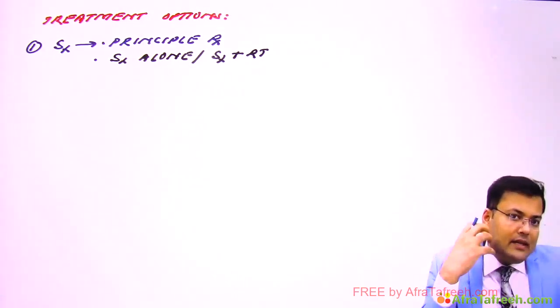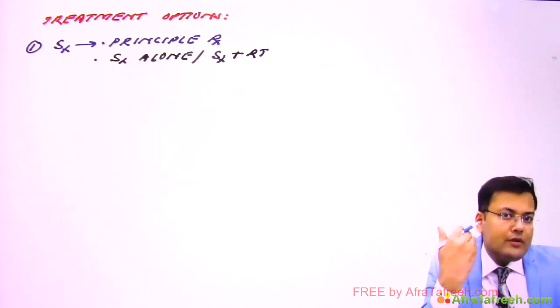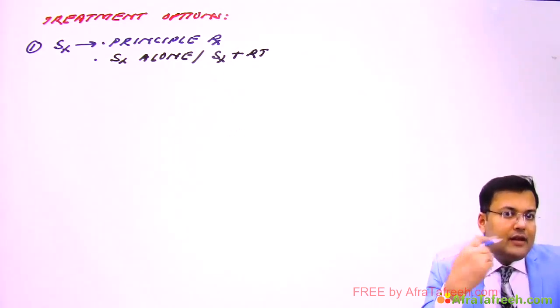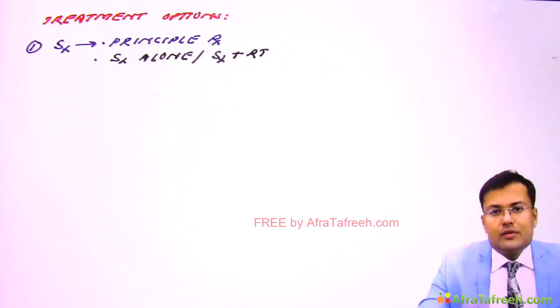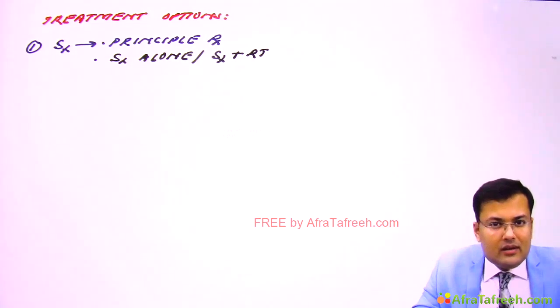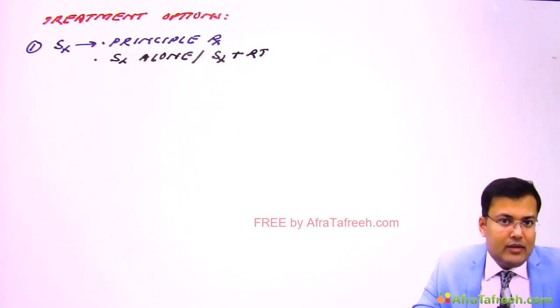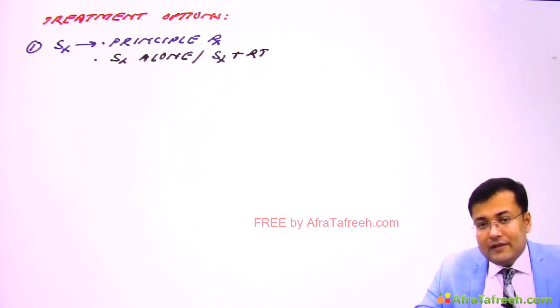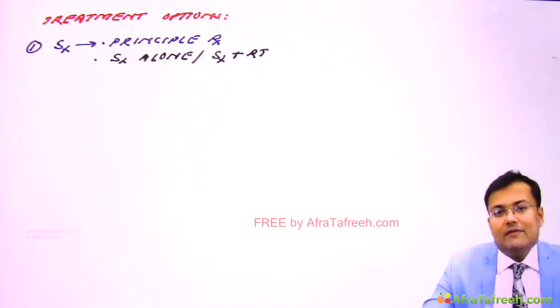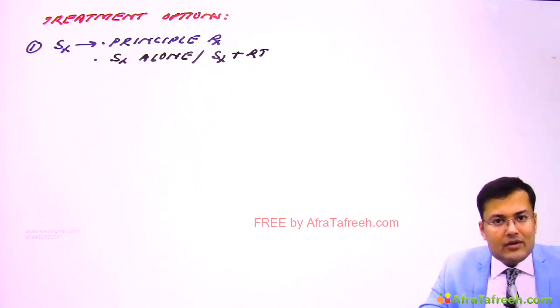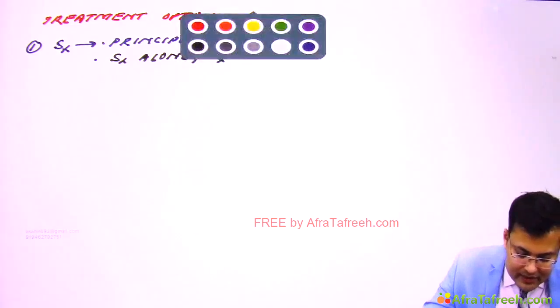For example, if in the parotid there is involvement of only superficial lobe, we go for superficial parotidectomy. If there is involvement of deep lobe, we go for deep lobe parotidectomy. And if there is involvement of both lobes, in that case we go for total conservative parotidectomy, where we preserve the facial nerve. And if there is involvement of facial nerve, then we go for removal of whole parotid with excision of facial nerve. So this is known as radical parotidectomy. So these are the surgeries which are performed.